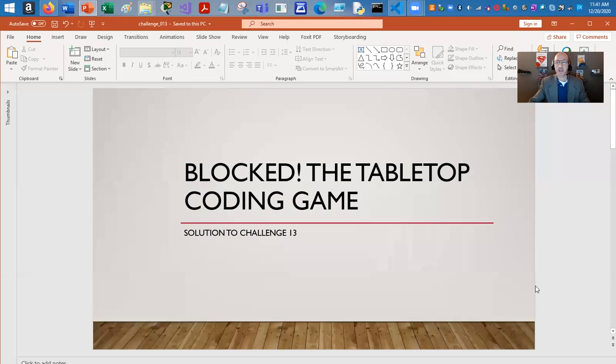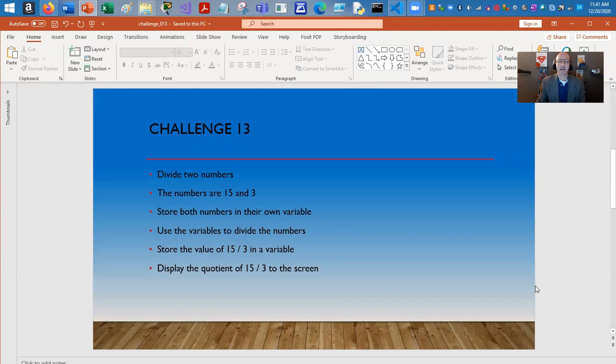Welcome to Challenge 13. At this time we're going to move into division. Just like when we moved from addition to subtraction, we make sure that we're using the right symbol to add and the right symbol to subtract. Standardly, we use that little cross to add and that little dash to subtract. In code, when we multiply, we use the asterisk. So I want students to become familiar with using that little star, what we call the asterisk sign,